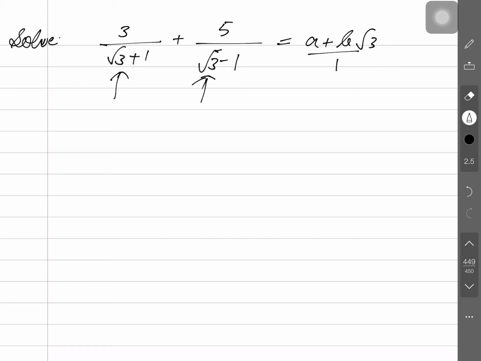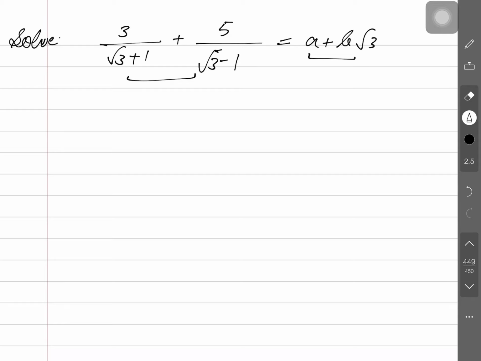So your task is first to remove the irrationality, and we have already discussed that removing irrationality is the rationalization concept. Irrationality is to be solved and brought into rational form. As the term is occurring in the denominator, this is called rationalizing the denominator. Is that clear? Sometimes this question also comes as simplify, however here we have to find the value of a and b. So how can we do this? First, you will bring the left hand side into this format after solving.